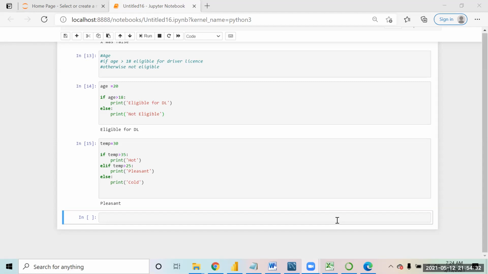Okay, so now, else is something that is not always required, right? Basically, else is something you can put in, and it's not necessary that you have to put it every time.